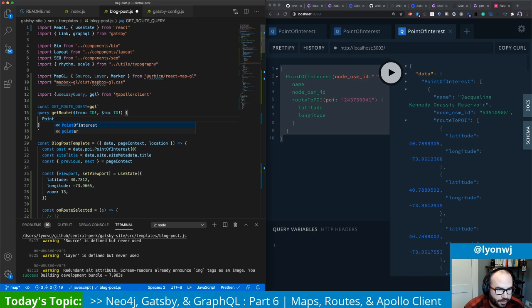And then we're going to call the pointOfInterest field, and we're going to look up the node by OSM ID. That's going to be the from. So whatever detail page point of interest we're currently looking at, that's going to be the